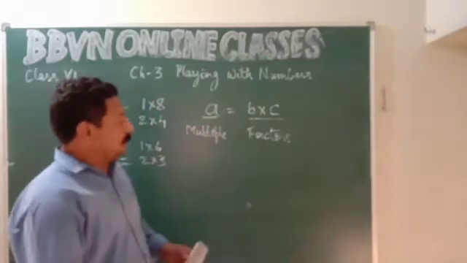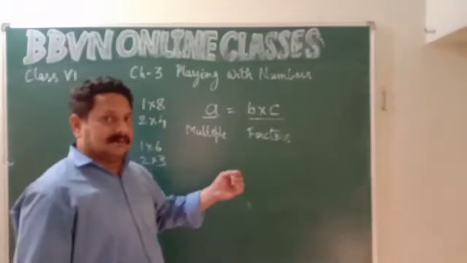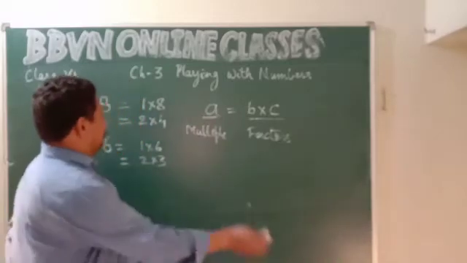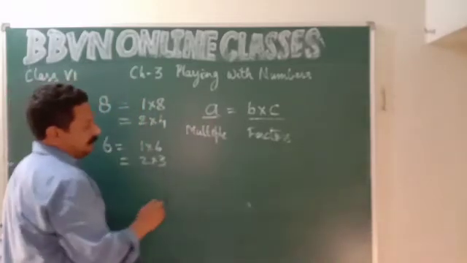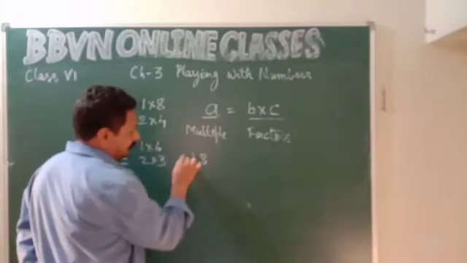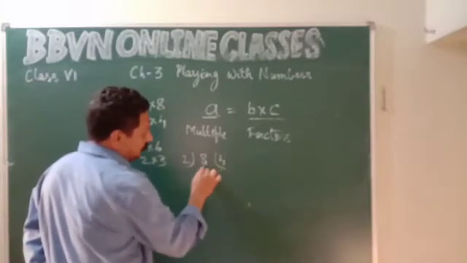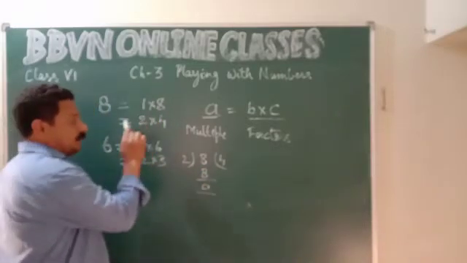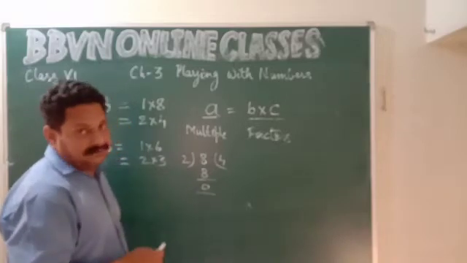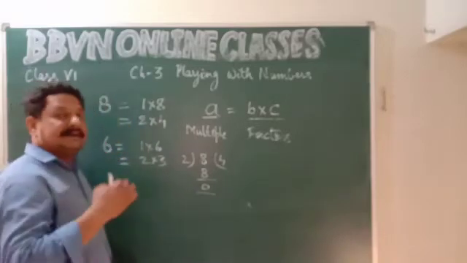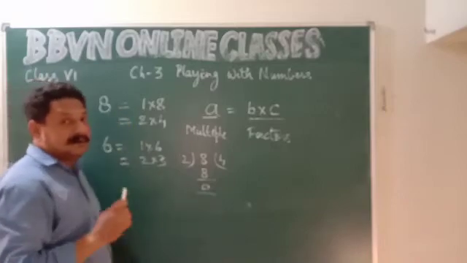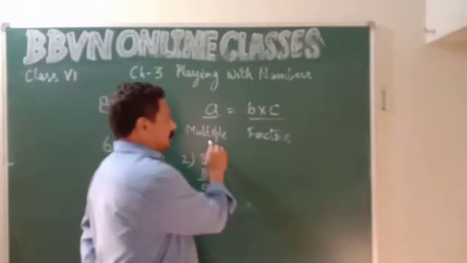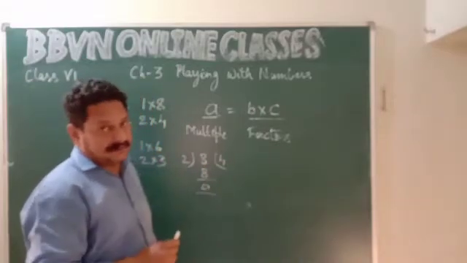ठीक है. Now factor means एक ऐसा नंबर जो दिए गए नंबर को पूरी तरह डिवाइड करे. जैसे 2 and 4 are the factors of 8. So if I divide 8 by 2, it goes 4 times. Remainder is 0. So you can call a number a factor if it is completely dividing the given number. Completely dividing means the remainder should be 0. So for every multiple, you can have factors.